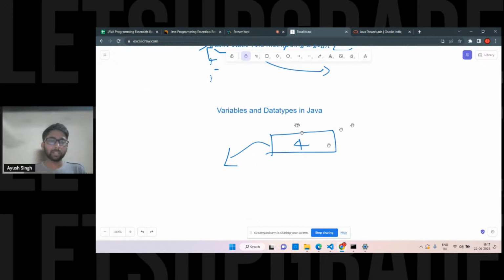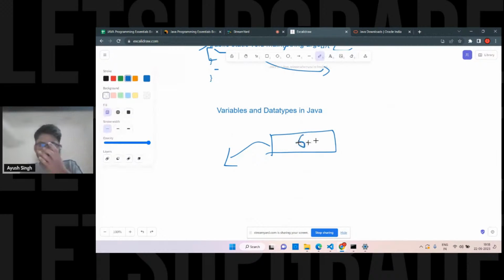Garbage collector, in simple terms, is dynamically allocating your memory, because if you're storing 4, it should be consuming one space, right? Obviously for the int it is 32-bit. A 32-bit integer we are storing, so it is going to take 4 bytes in Java. Even if you type any number, let's suppose it is 6, it is going to take 4 bytes only, right? So it is going to take the 4 bytes of space it wants, but it is being allocated dynamically with the help of the garbage collector, right?